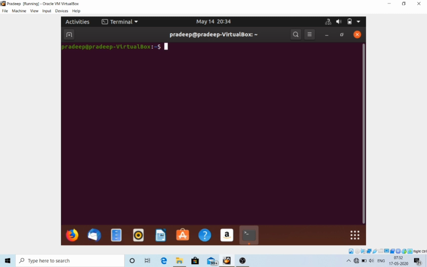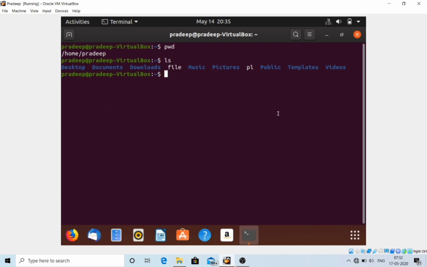Our first question is, how will you list files from a directory? There are two possible answers, and we are talking about the ls concept. Our first answer is related to the ls command. We have to check our current directory, so we print it with the pwd command. Then we use the command ls, and you can see that with the ls command we can list our files from the directory.